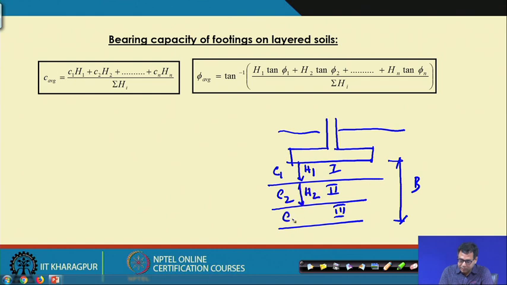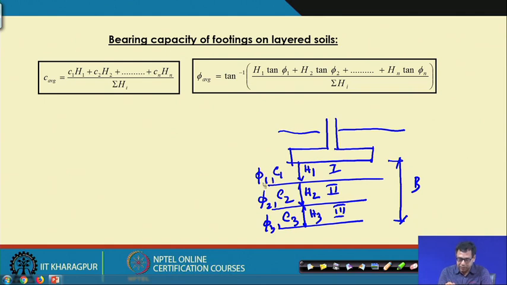H2 is the thickness of the layer, and C1 is the cohesion of the first layer, C2 is the cohesion of the second layer, and phi 1 is the friction angle of the first layer, phi 2 is the friction angle of the second layer, phi 3 is the friction angle of the third layer. So, all these